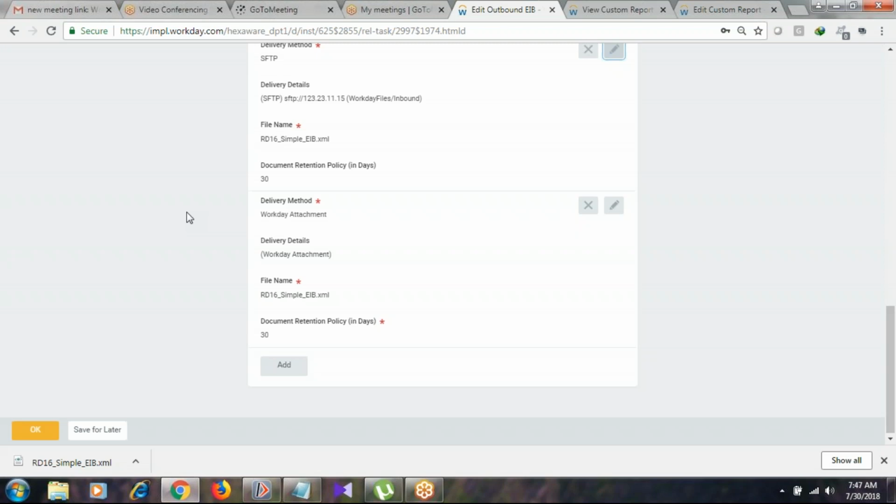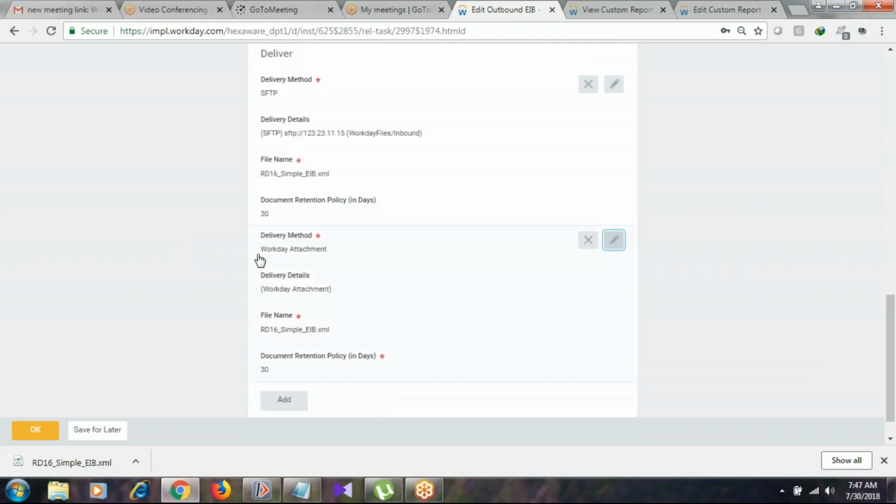So to avoid sending dummy or sample data available in the sandbox or implementation tenant to the third party system, we choose different delivery methods here, one for production, one for sandbox and implementation. When I run the integration in sandbox and implementation, the delivery method will not be applicable here. It will take the Workday attachment as a delivery method.